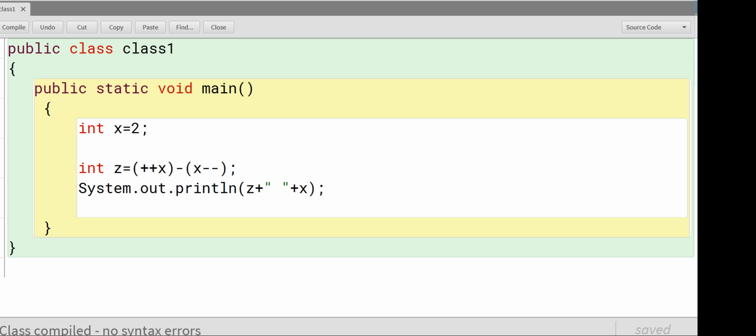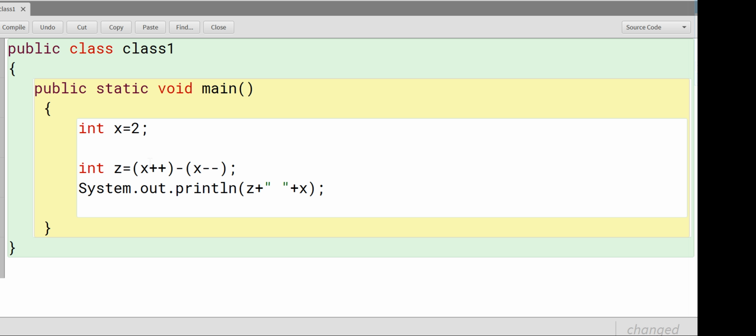This kind of problem you will get in your assignments also. Practice this kind of program, and when you make a change, you are able to see the result. For example, here I am using plus plus. If plus plus is used here as a postfix form, then what will be the result?